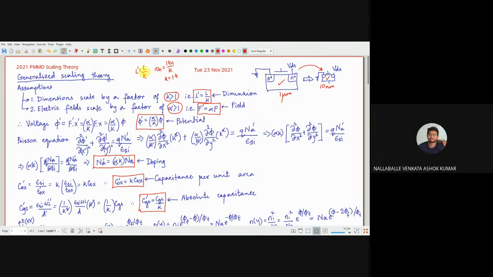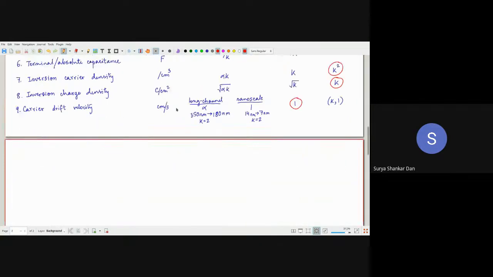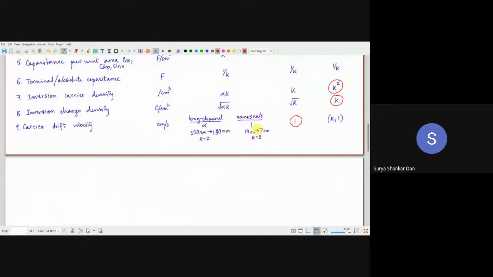Seeing the trends, K is nearly equal to 2 every time. Is there any reason? No. For example, here I have chosen like that. As I said, if it is 14 to 10 nanometers, it is going to be 1.4. The reason I chose 14 to 7 is so that you can get 2 here. For example, instead of 350, I could have also chosen, let us say, 250 nanometer. Then K will be how much? Let us say 35 by 25. You do the calculation. That's definitely less than 2.